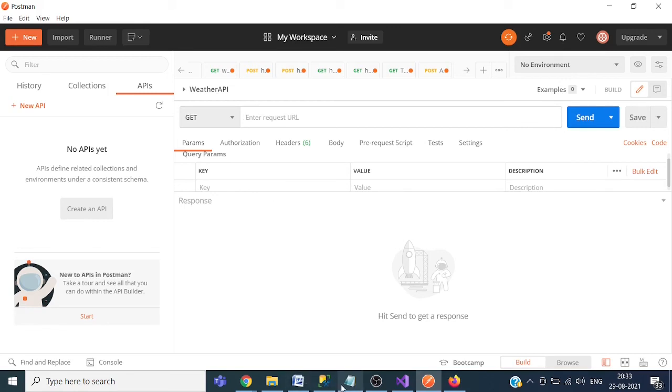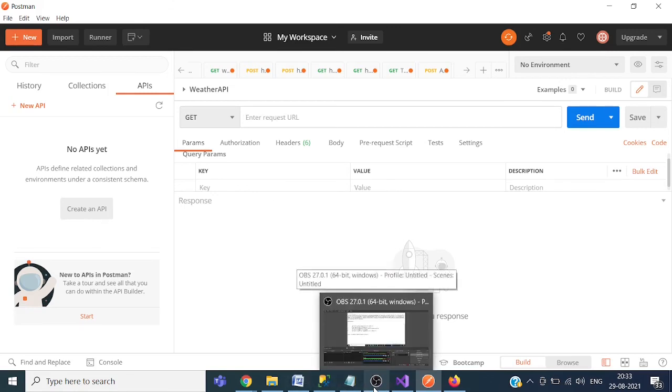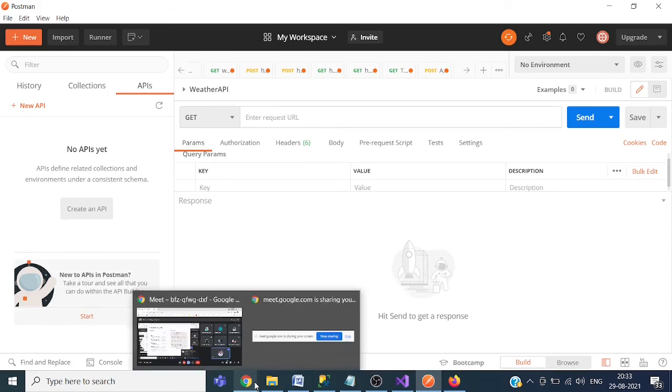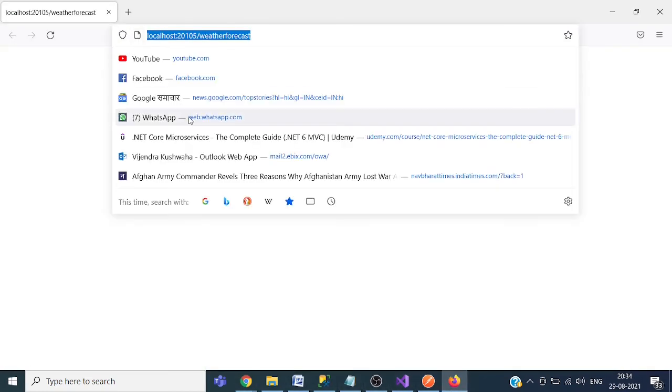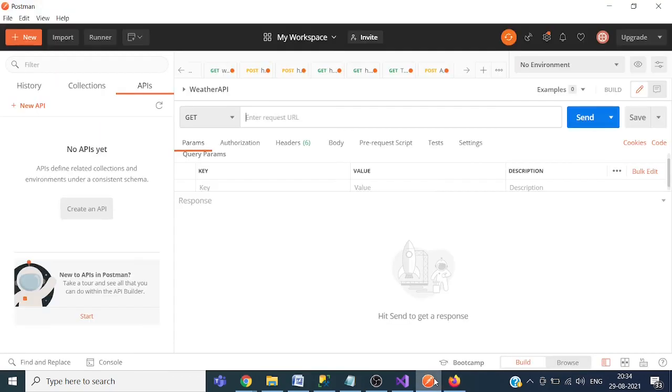Enter the URL here. Okay, so this is the URL for the weather API.